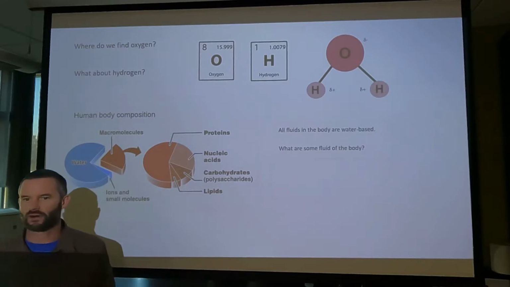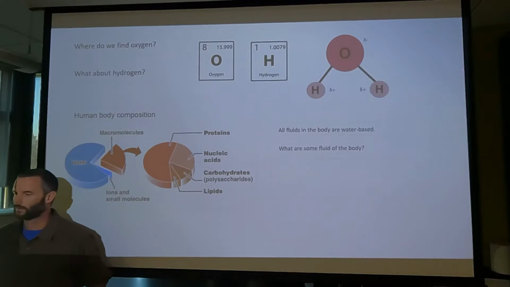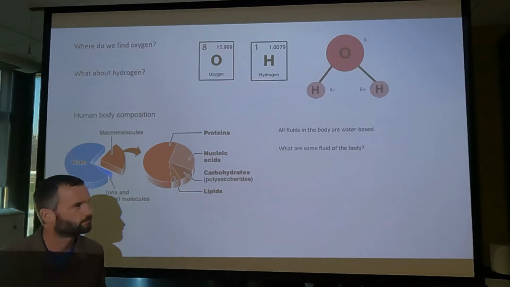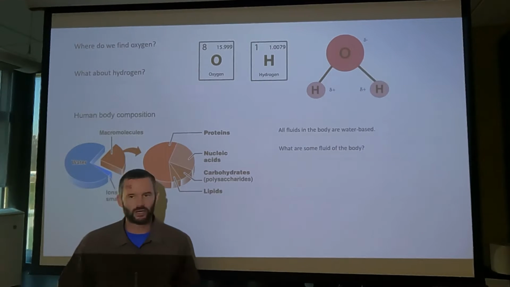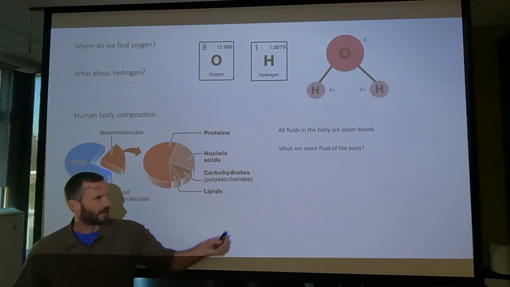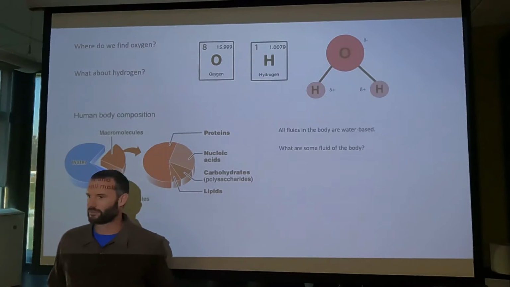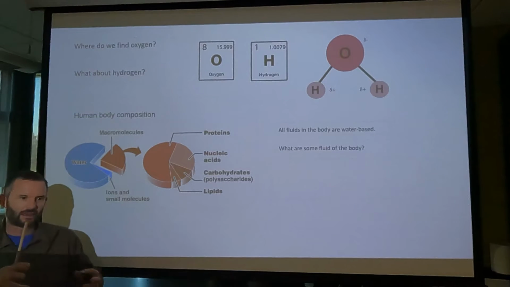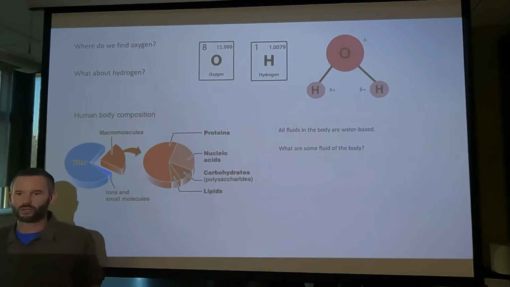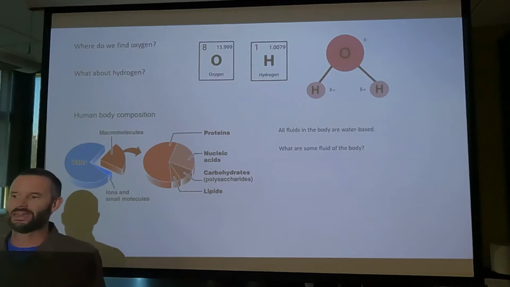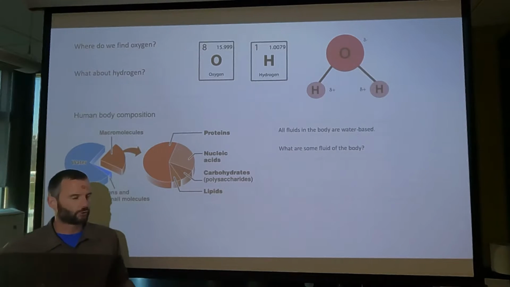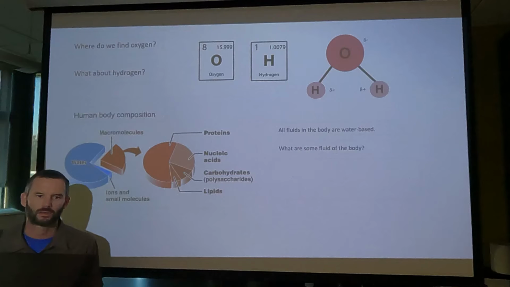What are some fluids we find in the body? What do we call the fluid within the cells? We call that intracellular fluid. What do we call the fluid in between the cells? And I have a list of these that's going to pop up here, so you don't have to write them down right away. What do we call the fluid we find in the microscopic spaces in between the cells? We call that interstitial fluid. What's the fluid part of blood? That's your plasma.